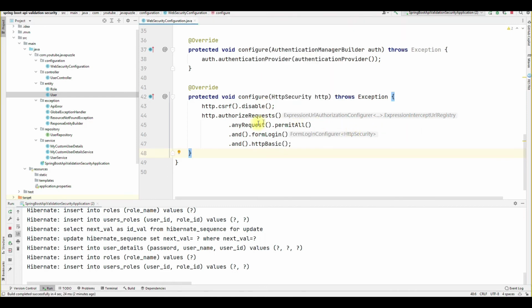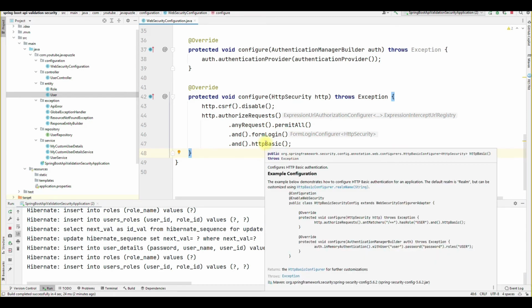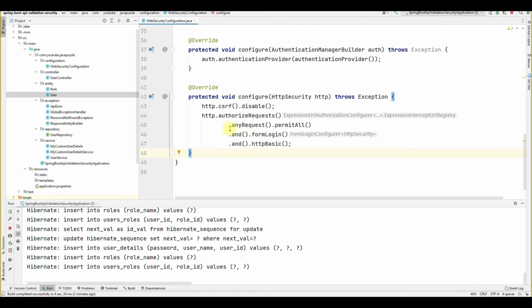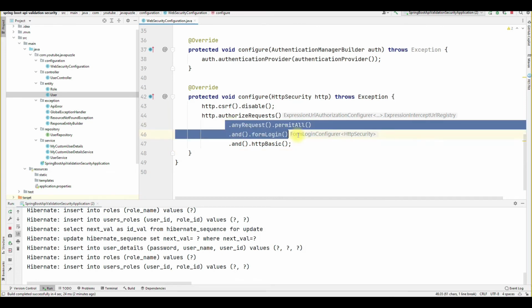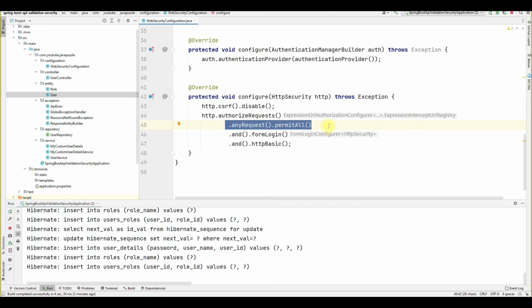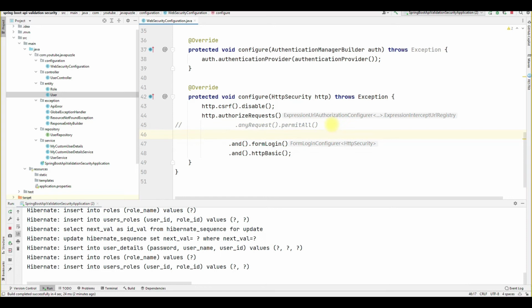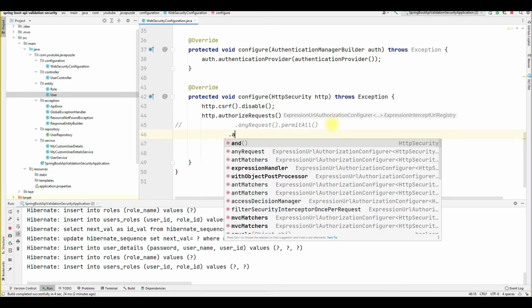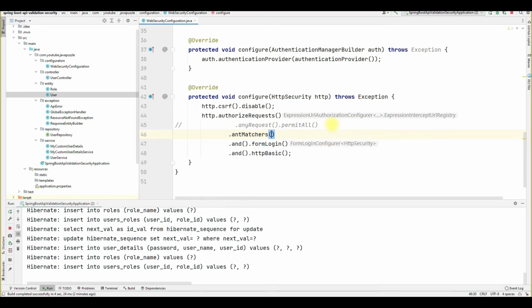Okay, now we will revoke this permit all thing, and we will add our custom permission for the particular API. So for this, let me comment on this line, and here what we have to do, we have to use antMatcher.